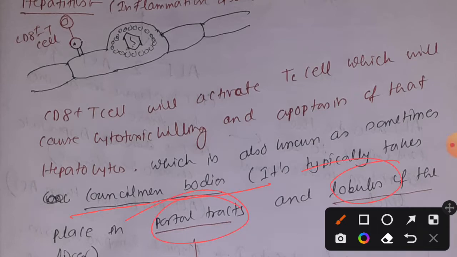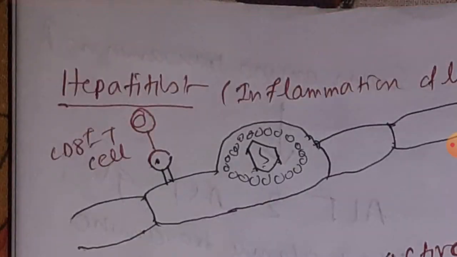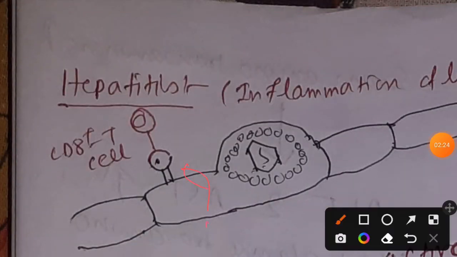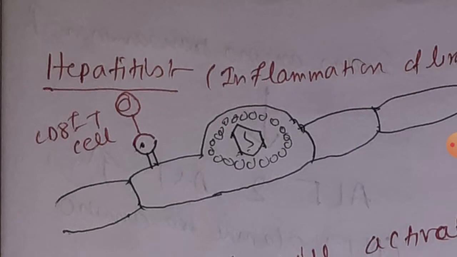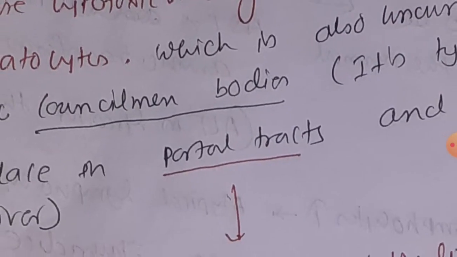the liver. Okay, so that is the simple concept, that MHC class 1 molecule will present a part of the hepatitis protein, no matter what kind of hepatitis it is, and it will be recognized by CD8 plus T cell, and CD8 plus T cell will facilitate cytotoxic killing. As a result, the cell will be destroyed, and it causes inflammation and pain in the liver. And if it is occurring in the lobules and portal tract, then it is known as Councilman bodies. Okay,